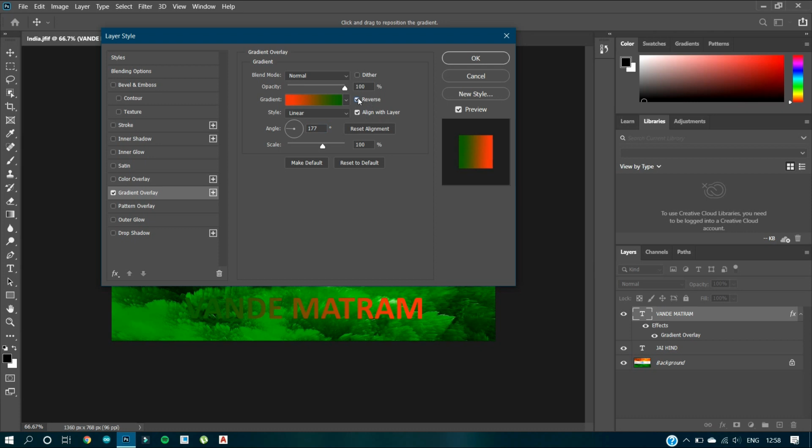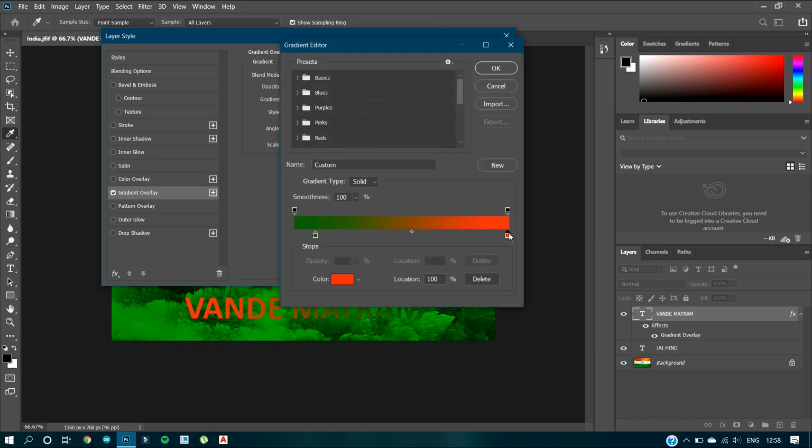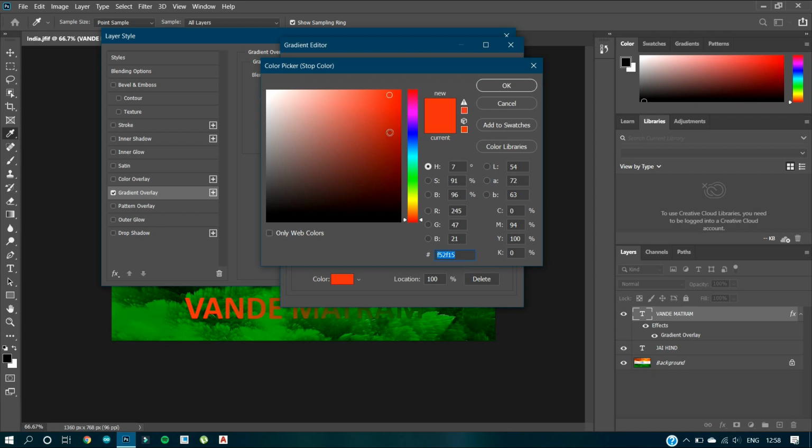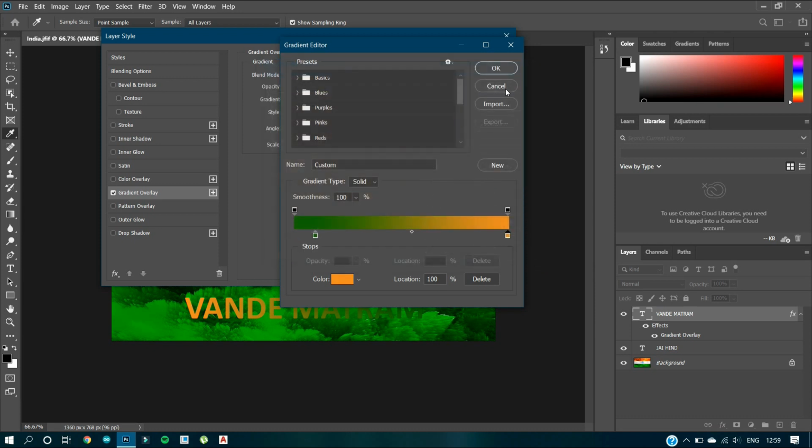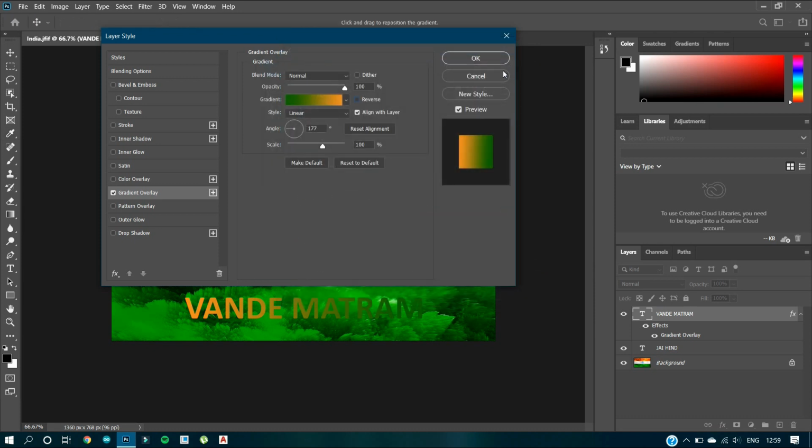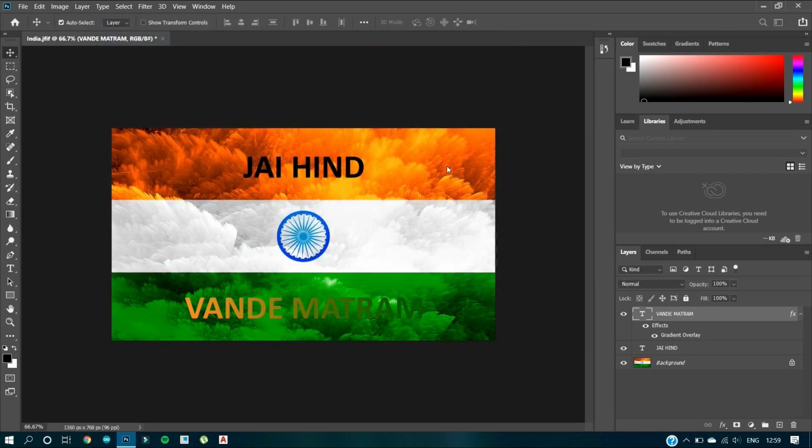If we want to change the color pattern, we can select this reverse option and do it in a click. Now again to change the orange color, click on the color bar and double tap on the orange square, and from the hue menu, select the shade of orange you want. After clicking OK, as you can see, we have added the gradient to our text. Now operating through the layers, you can see the changes from here as well.